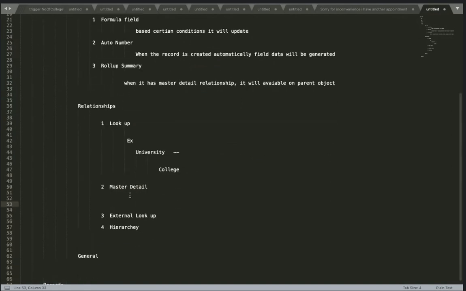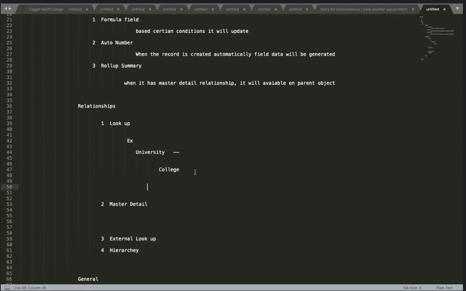lookup relationship. But what is the main difference between lookup and master? Main difference is, if we delete the university record, then college won't be deleted. You guys getting? If this is the parent object, this object has the data.